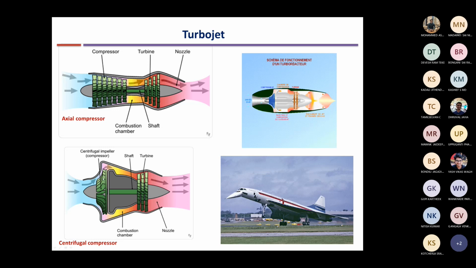And because of this, there is an increase in velocity and pressure when it moves out because of the centrifugal action. So there is an increase in pressure in the impeller itself. Then there is a subsequent diffuser stage, which slows down the velocity, and there is a further increase in pressure. Okay, and then this high pressure fluid is passed to the combustion chamber in both the cases. So this is the basic difference between the axial and centrifugal compressor.